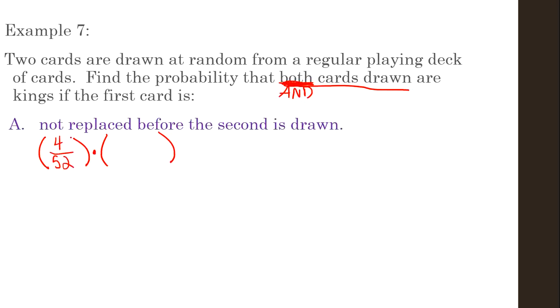And then if we don't replace, so let's say we draw a king out of the deck and we set it aside and we go to draw another card. Now we're 1 card down of the whole entire total, so we subtract 1 from 52, right? And then if we assume that the first card we drew was a king, that only leaves us with 3 kings left. So now when you multiply this, you're going to have to do some ugly multiplication because they're big numbers, but you're taking the top times the top, so 4 times 3 is 12, and you're taking the bottom times the bottom, so 52 times 51 is